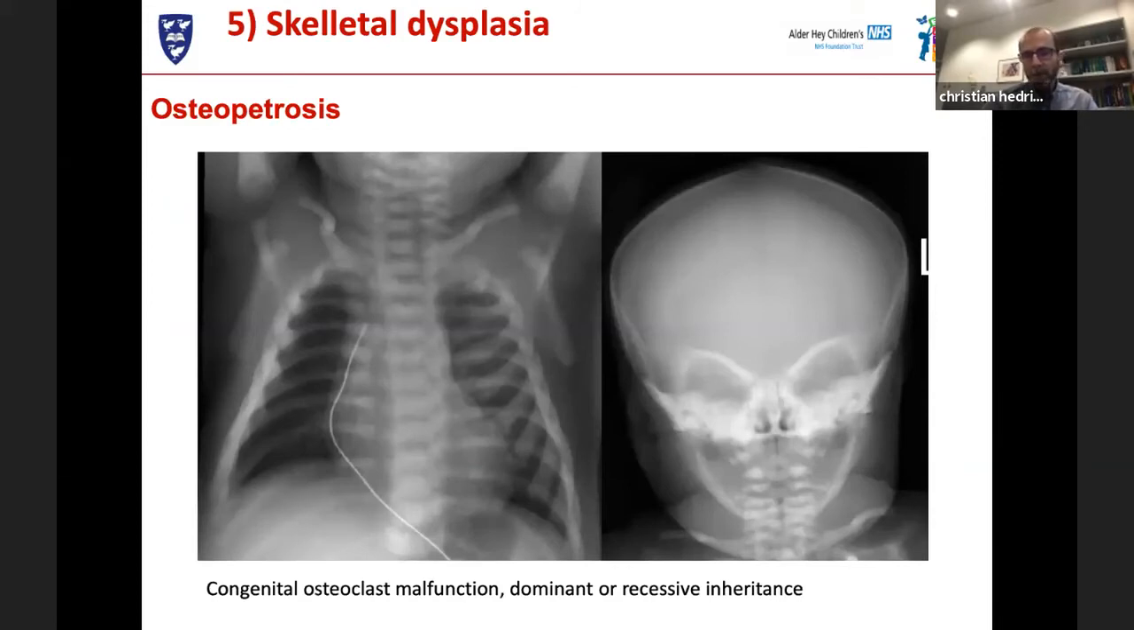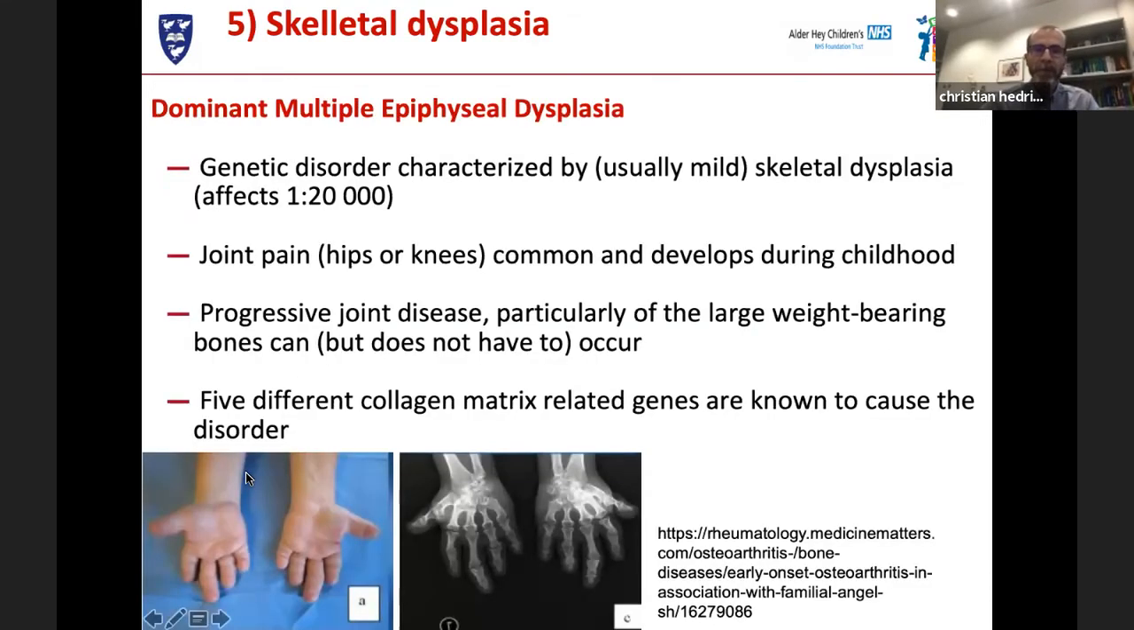Osteopetrosis, also usually not seen in pediatric rheumatology, basically is somewhat of the opposite of osteogenesis imperfecta. It is caused by congenital osteoclast malfunction. Also follows recessive or dominant traits of inheritance, and it basically results in increased bone mass and very frequently also with dysmorphia. Something that is more important to consider, because it can actually be invisible, is a group of conditions